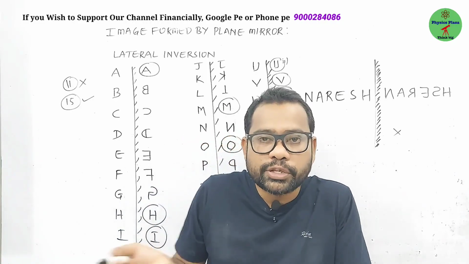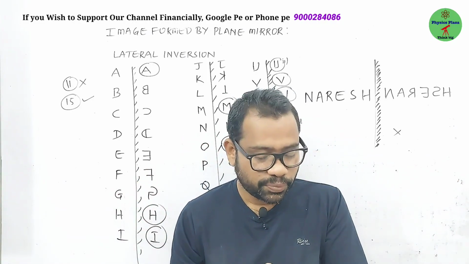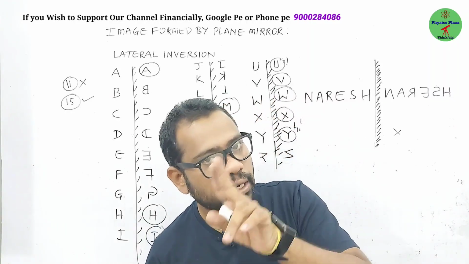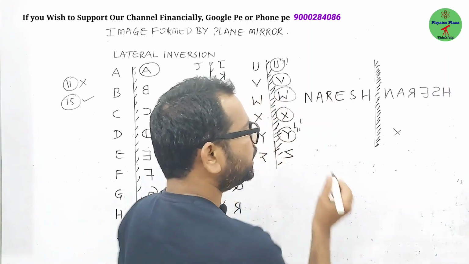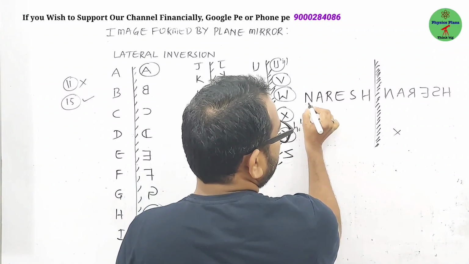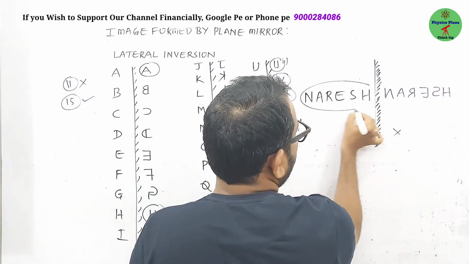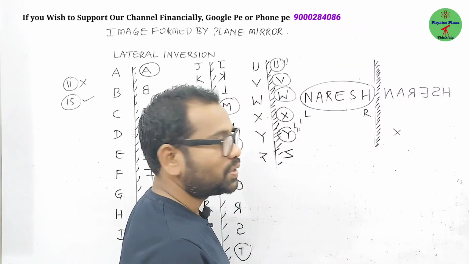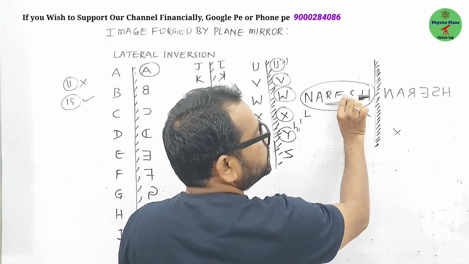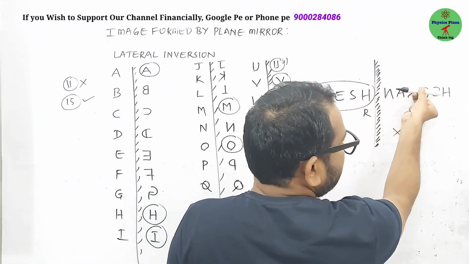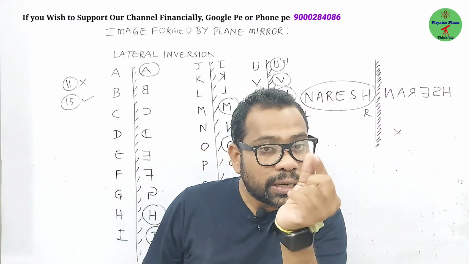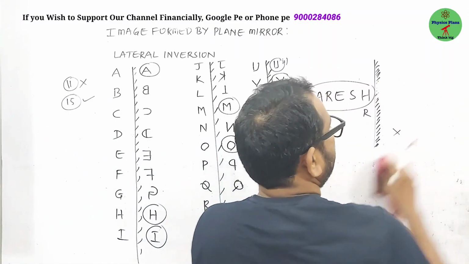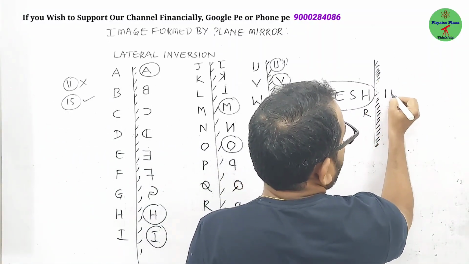Why is it wrong, sir? As you said, we followed. Yes, my dear children. But lateral inversion means what here? Left appears right, right appears left. You are thinking about only a particular letter position. But when you consider the entire word, this is left, this is right. So the entire word also should get laterally inverted. Each and every letter should get laterally inverted, and at the same time the entire word too. So from here it will be H